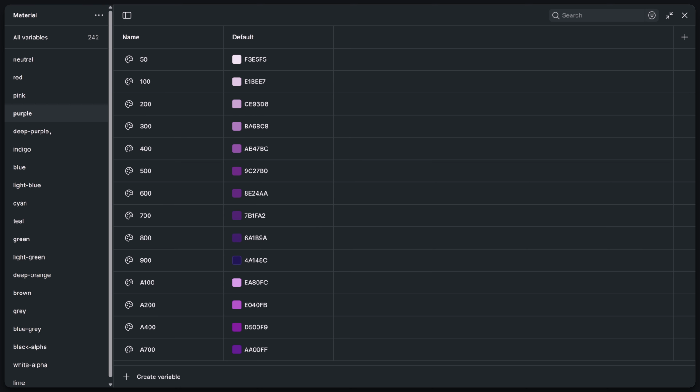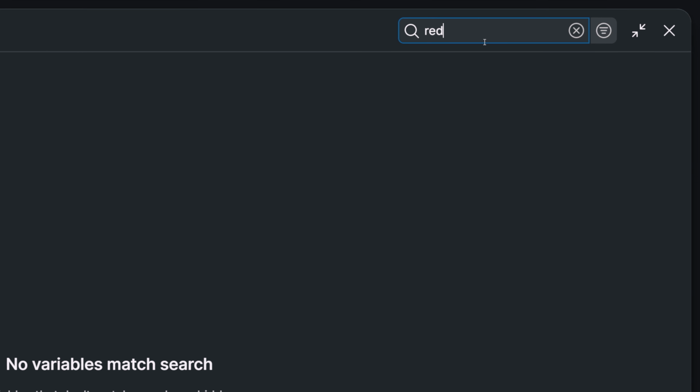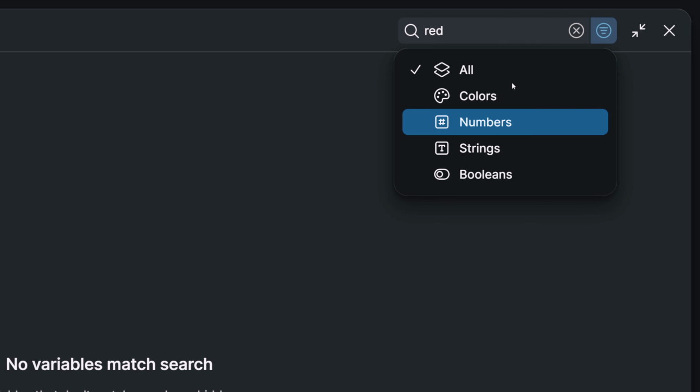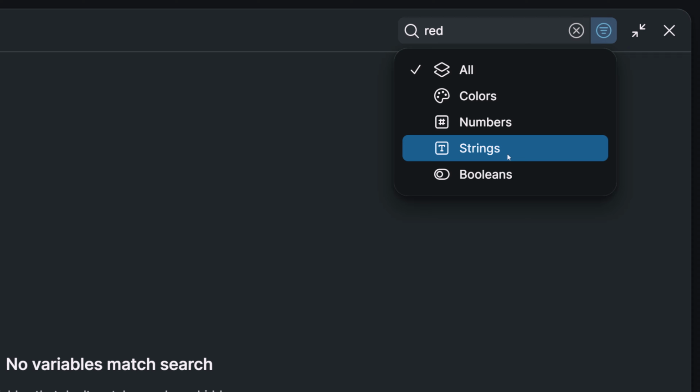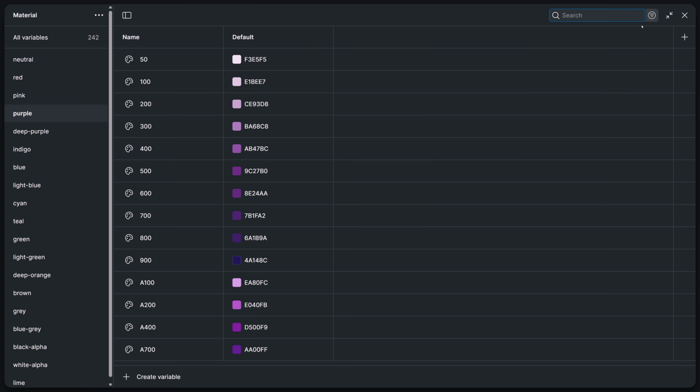And more important than everything else, you don't have to do the scaling yourself. So you can define your color. It's going to do the scaling itself. The other feature, the new feature that exists within the Figma in the variable panel, is search option. So here you can search for the variable based on the variable name or amount. And here you can do the filtering to filter out the type of the variables that you want to find. This is going to help a lot when you want to change the value for a specific